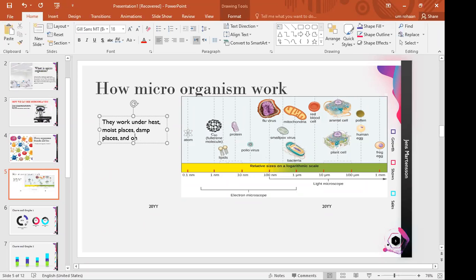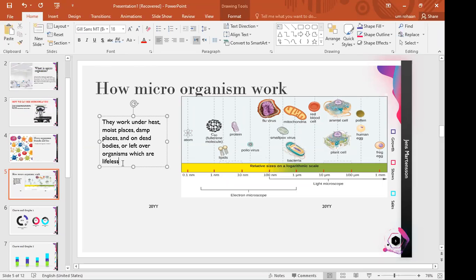And on dead bodies, or leftover organisms which are lifeless. Okay, how microorganisms work? They work in heat, moist places, damp places, and dead bodies or leftover organisms which are lifeless, that is, those which have died, that also lifeless.